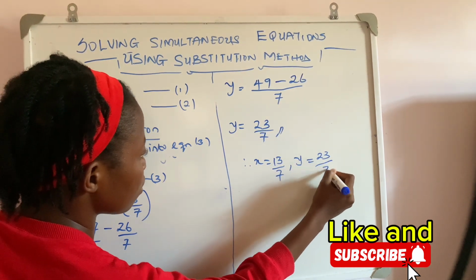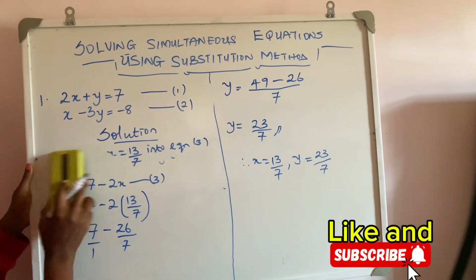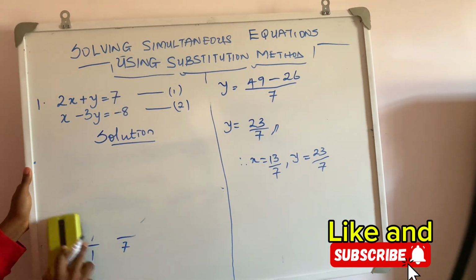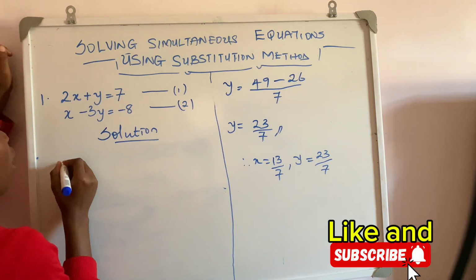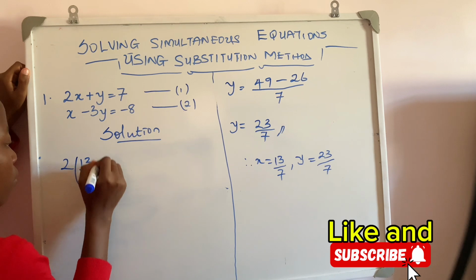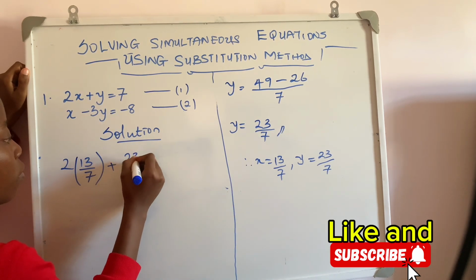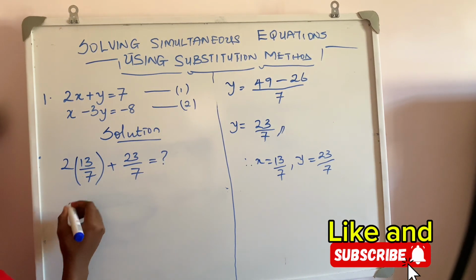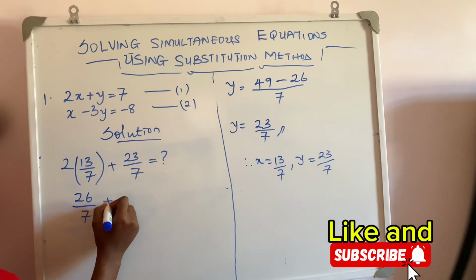23 over 7. So now let's assume you are not sure whether the answer is correct or not. So we want to check it now. So we'll come here, we'll just clean this off. You pick either equation 1 or 2. Let's say we pick equation 1. You have 2, your x is 13 over 7, plus your y, 23 over 7. We want to know what the answer will be. So 2 times 13, 26 over 7, plus 23